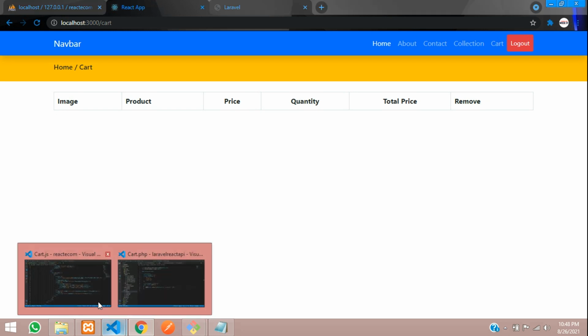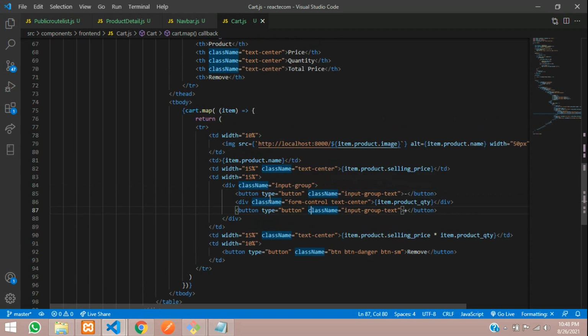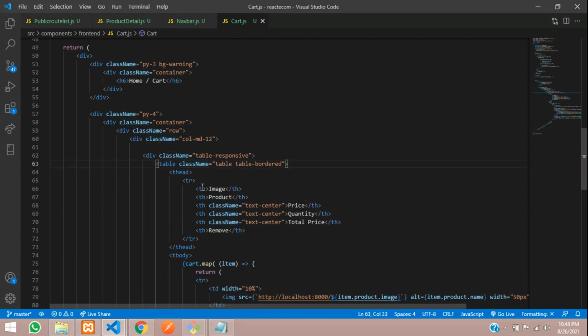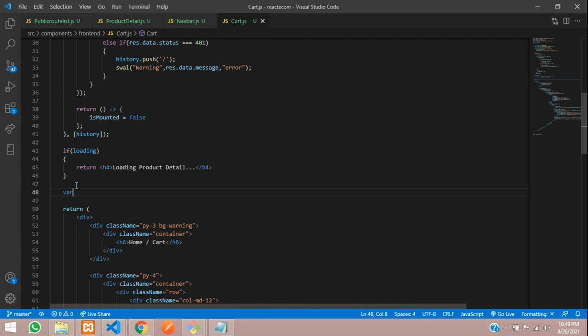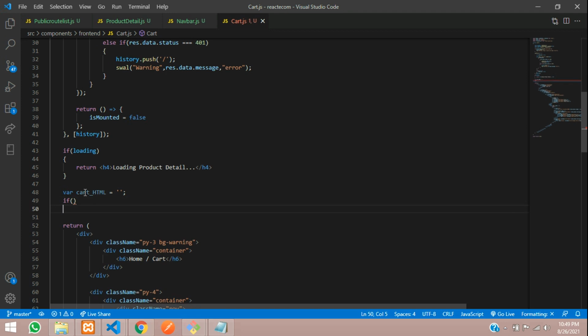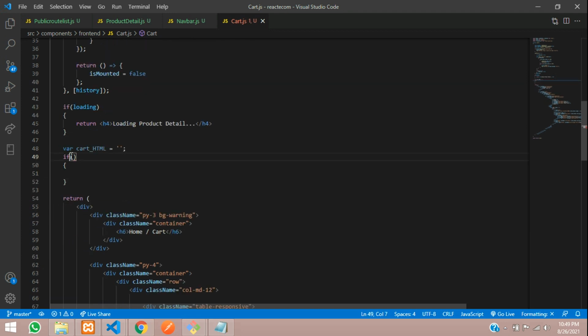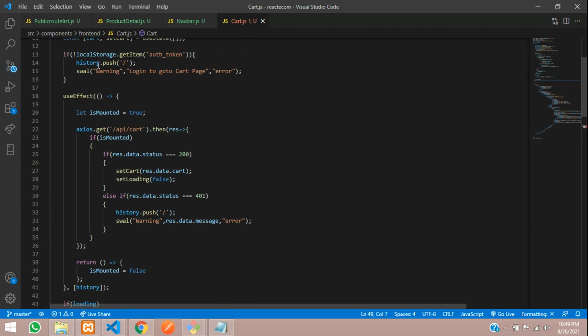So for that case guys, we are going to put this in an if else condition. You can just start from here where cart_HTML is equal to null, and let's use an if condition. If your cart, so which cart?